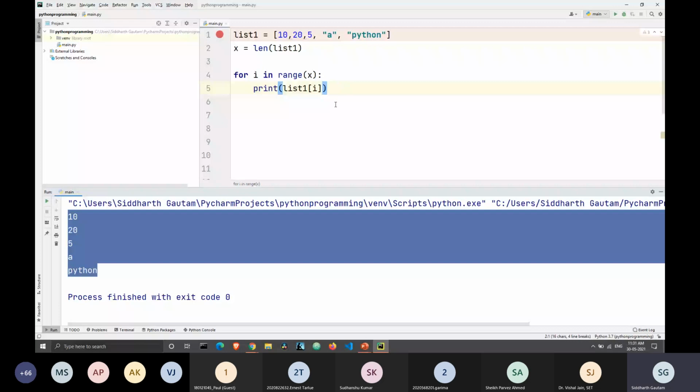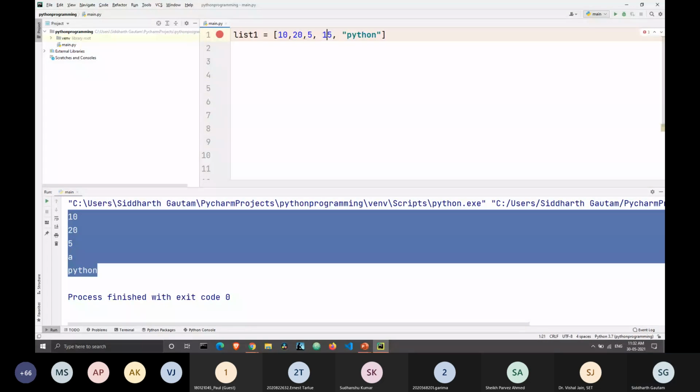All right, now let's take a look at another question. We will keep a list here, and here we can take a few more numbers. Let's take 15, and let's take 75. Okay. And now I want to add all of these numbers. So let's say I want to take 10 and add it to 20, which is 30, and then add 5 to it. That will be 35. And then I want to add 15 to it, which will be 50. And then I want to add 75 to it.